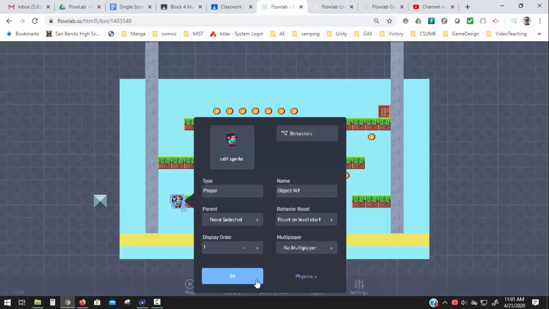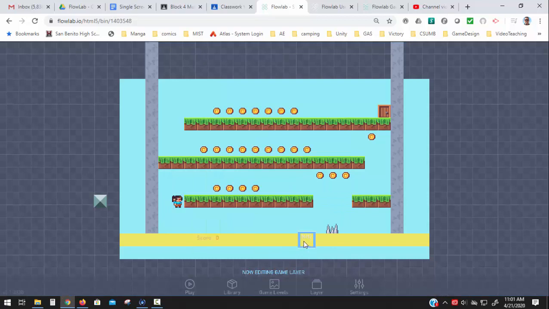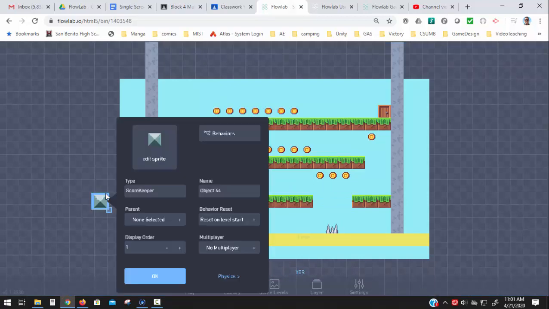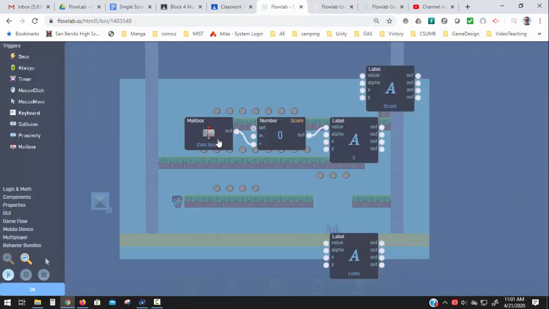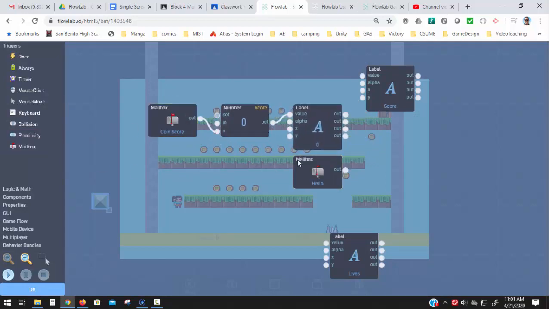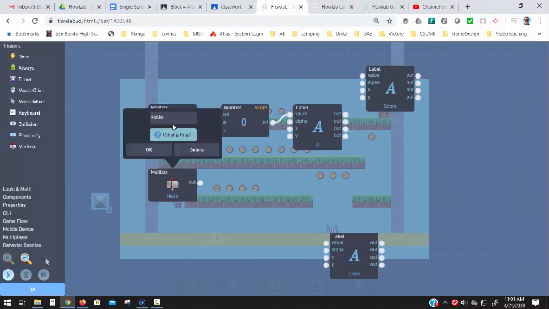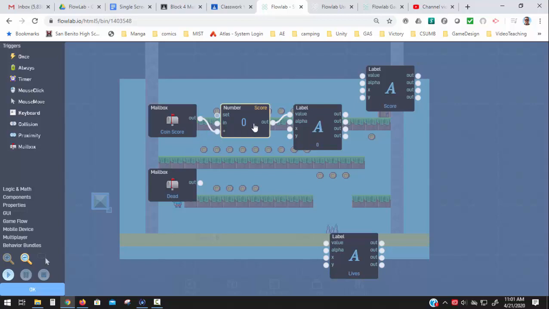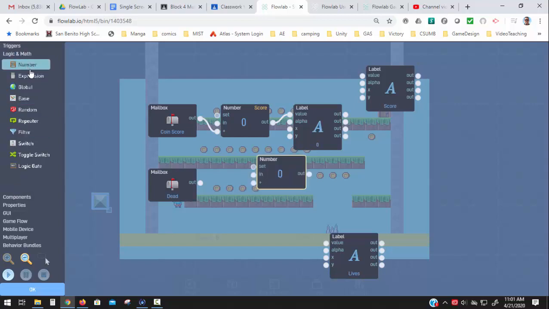So now I need to go back to the lives controller, actually here, to the score controller, and I'm going to say behaviors. And so far we got a message before for scoring. Now we're going to add a message for lives. So let's open this up, and I think what we called that was dead was the message, and we're going to add a number. Now you may recall last time that I forgot to make the connection between a number and the label, so I need to make sure I use a number to set the value. Number,